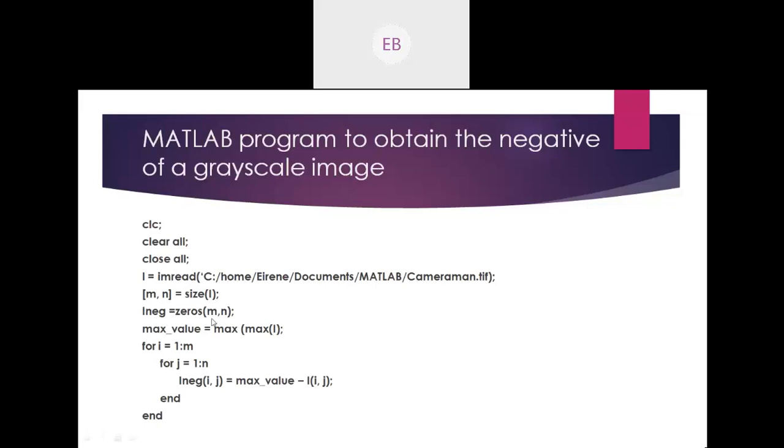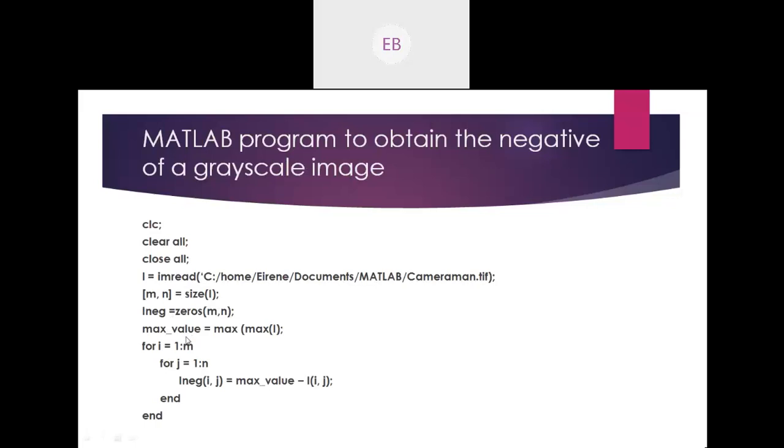This command will create a matrix of size m comma n, similar to the original image, cameraman.tif, but with all zero values. That's why ineg equals zeros of m comma n.